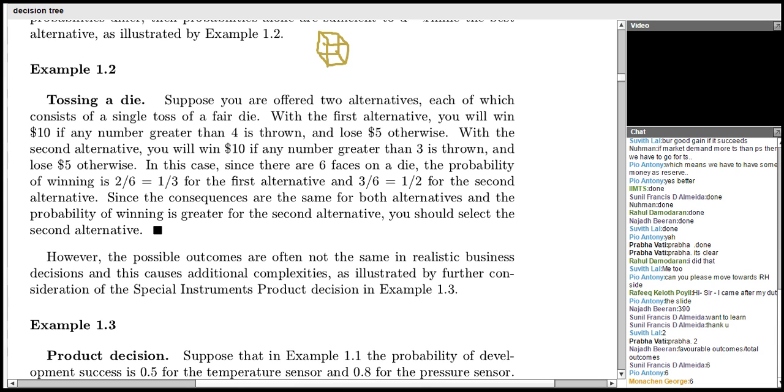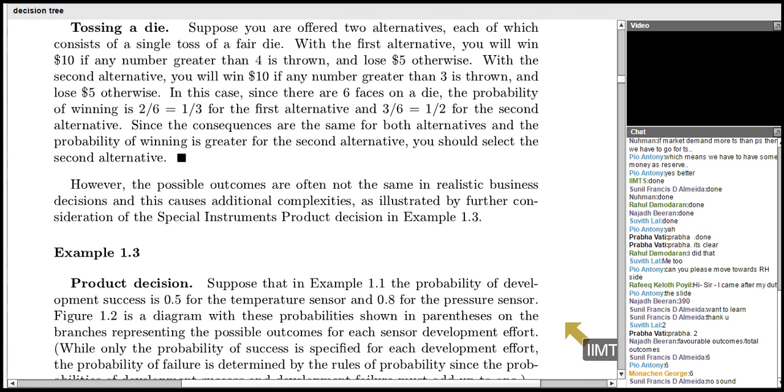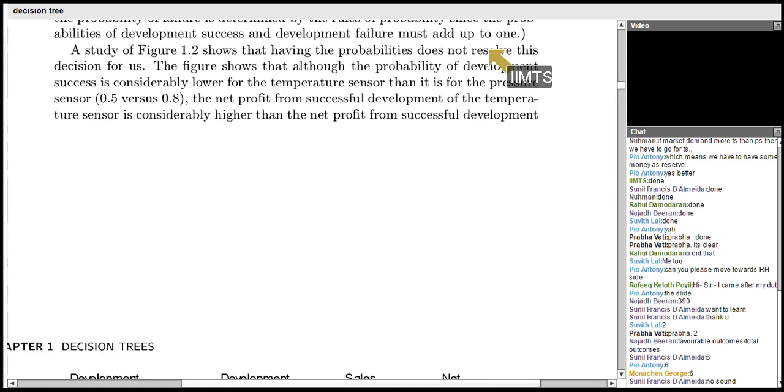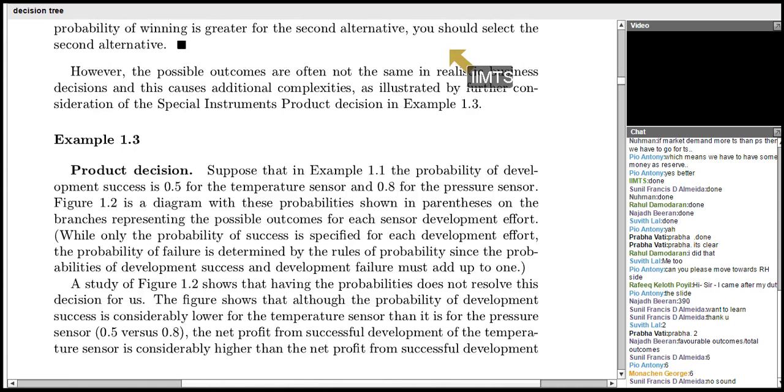problem. We have a production decision, and just a second. Okay. Now, suppose that the example 1.1